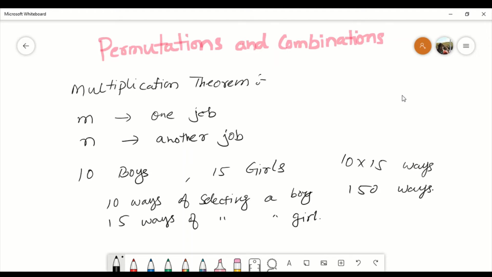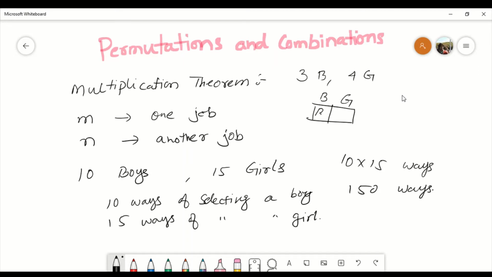right? Now we can also visualize this very simply. Let's say we had three boys and four girls, right? And let's say this is the team wherein we have to fill a boy and we have to fill a girl, right? So this is a team. Now we have to count how many ways we can do that. So you can see that let's say we represent three boys as b1 b2 b3 and four girls as g1 g2 g3, right? And g4.